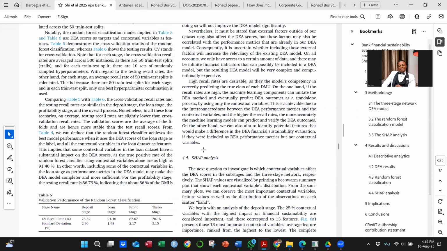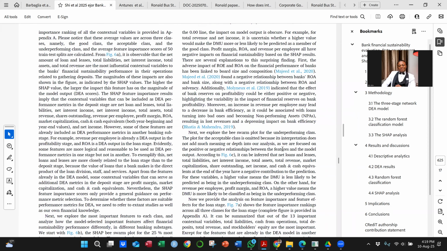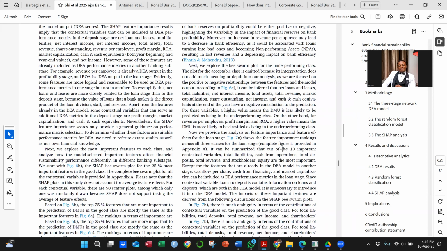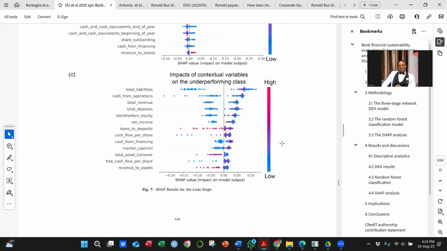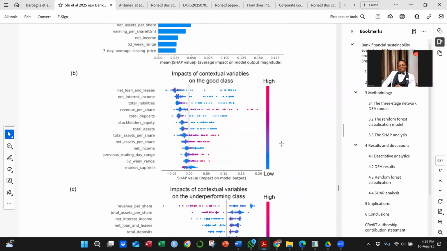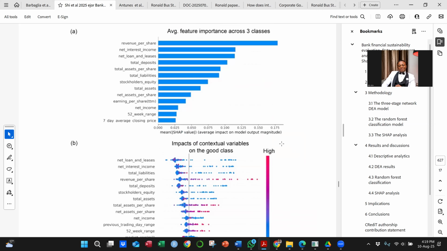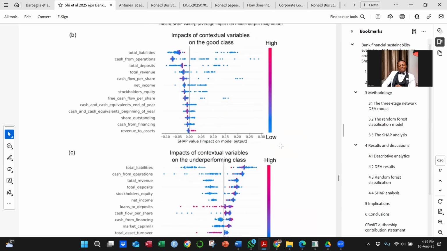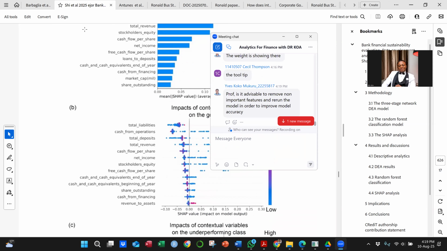You can see he has this first one, and when you go down, he has another way of showcasing, and another way, so you can do a similar one to showcase. So if four-star journal papers are doing that, how much more you?